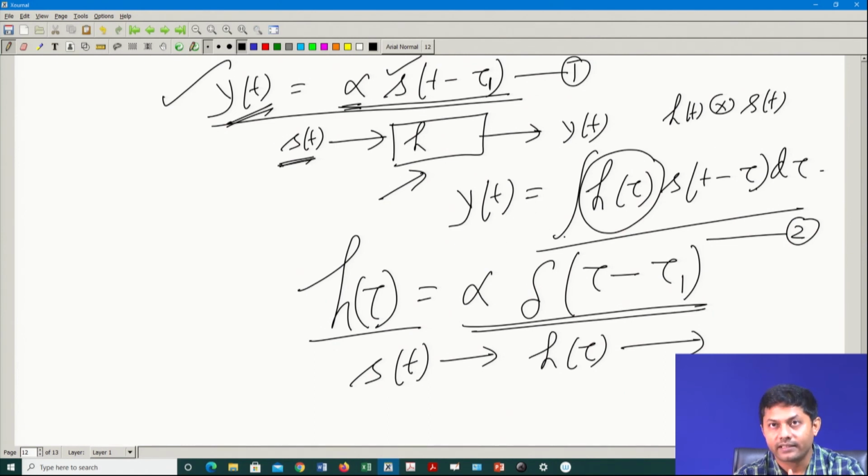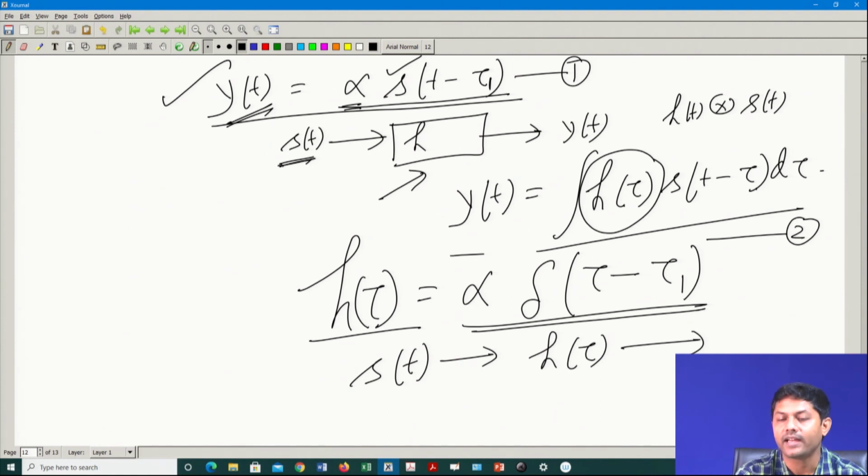Because you just create an analogy. This is the original part. Whatever h(t) is there, it is just a convolution, h(tau) s(t minus tau). But after all this, I am getting an equation 1. Now, you compare between 1 and 2. 2 is the normal fundamental equation, 1 is what you get. Both are the same, because this is y(t), this is also y(t).